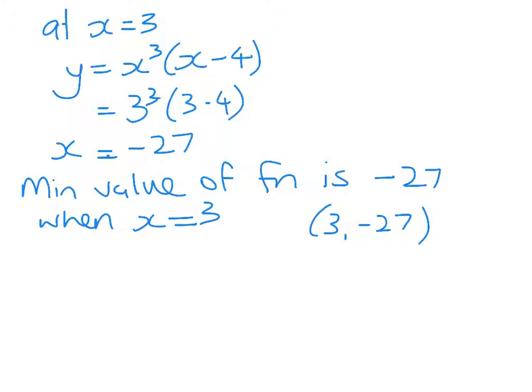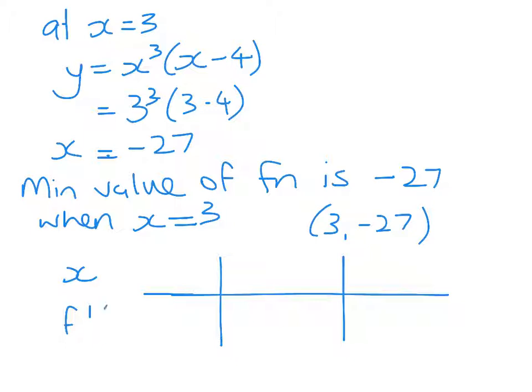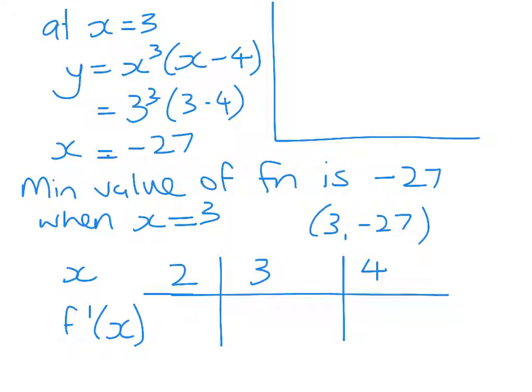I'm going to do a bit more with this question that you weren't asked to do. The first thing I'm going to do is to show you the other main way that you could use to show that this is a local minimum, and that's doing this table. Now we've done this in class. So here's my x, and I'm going to look at the value of the gradient on either side. So I've identified my turning point. X value is 3. I'm going to look close to that. I'll look at 2 and 4. And all I have to do is to use my gradient function,